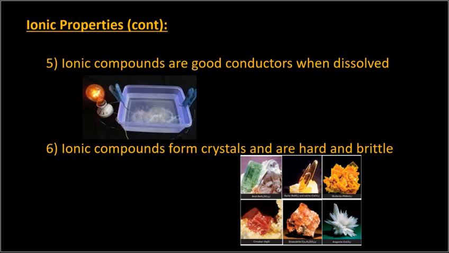And lastly, ionic compounds form crystals and are hard and brittle, so if they are hit, unlike covalent compounds, which are stretchy and elastic, they will